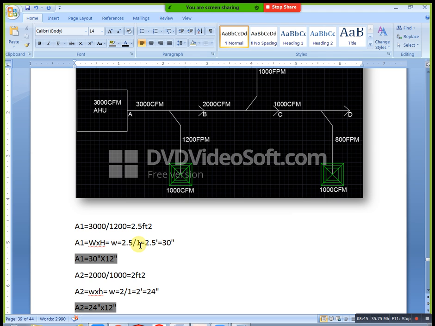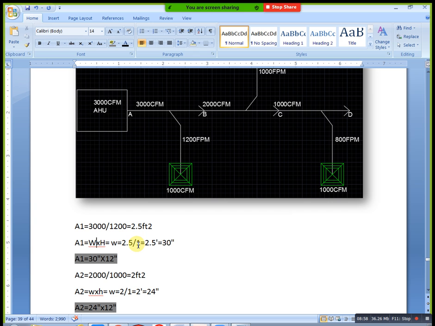12 inches is equal to 1 feet, na. Here 2.5 is square feet, so our units are in feet. Definitely the value below also we need in feet. This unit conversion is very, very important. In that condition directly you can mention 12 inch by 12 inch, or directly you will take 1 feet. 12 inches equal 1 feet, we already know. That's why you can mention 1, or you can divide 12 inch by 12 inch and you will get 1, that is 1 feet. Okay, now you will get 2.5 feet.